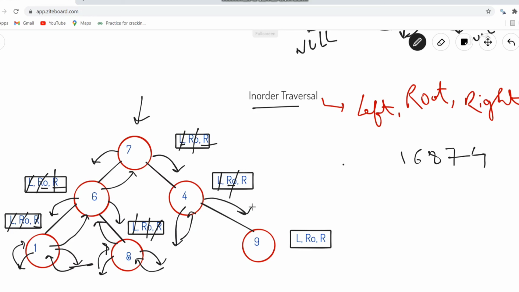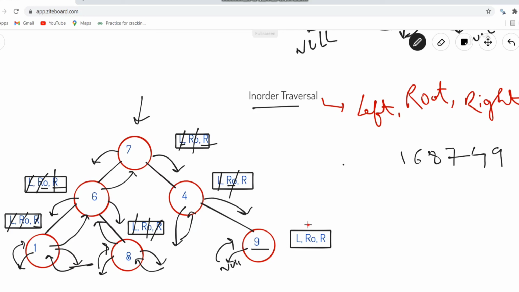So in right direction, again we have encountered a new node. So we need to perform the operation of this node having value 9. So the first operation is left. So we'll be moving in left. No nodes are available. It's null. We'll be returning back to the caller of null value, that is node having value 9. Then we'll be printing root. We'll be printing node's value. So basically we are going to print 9.